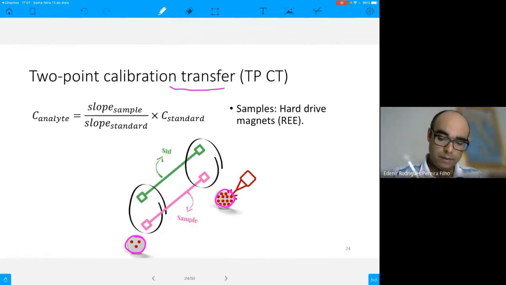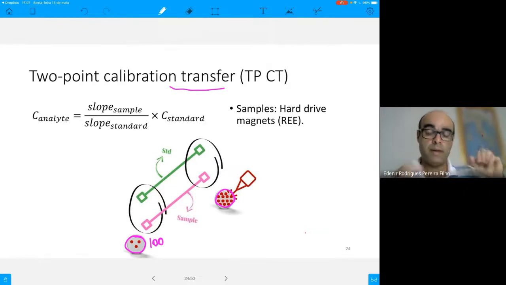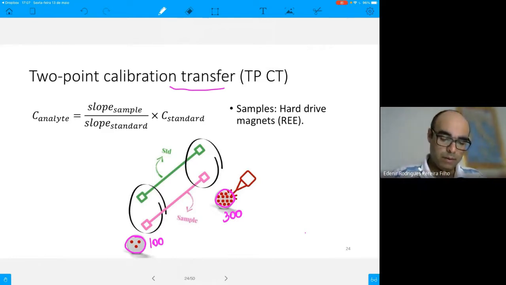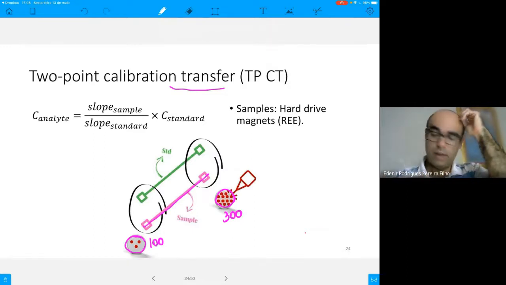The first set of data, for instance, has around 100 pulses, 100 accumulated spectra, and the second one, 300 accumulated spectra. Of course, the second set of data presents a higher signal, and we have here a linear model,